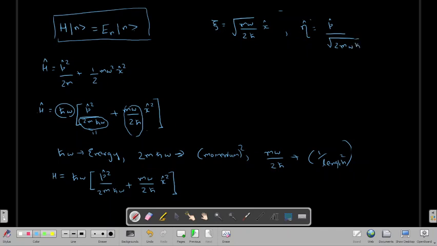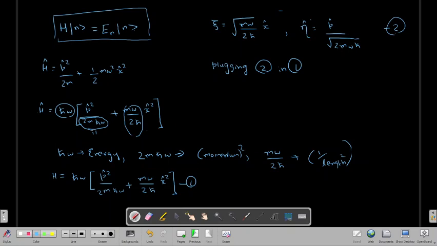Okay. So if I introduce these variables in this, so if I call this as equation number 1, and if I call both of these as equation number 2, then plugging 2 in 1